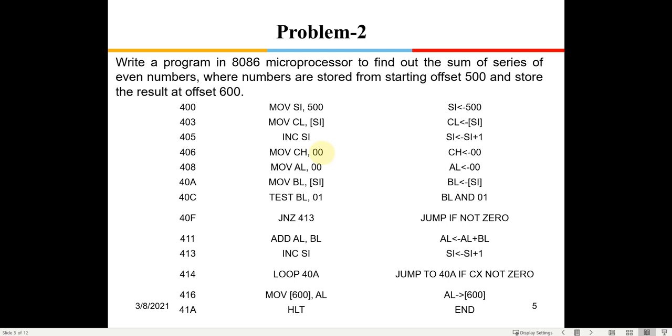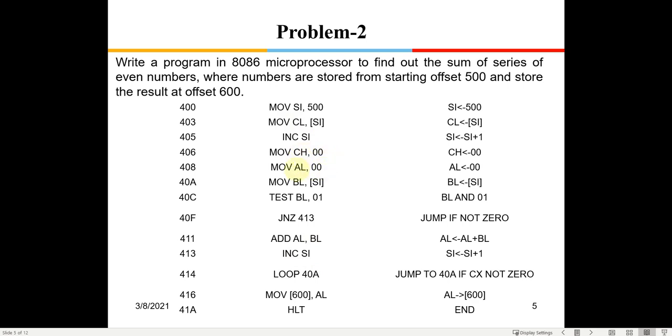Because if there is some spurious data available in CH, then the loop will not come out of the loop once CL is 0, because it will wait for CH also to go to 0. So it is very important that we initialize CH also with 00 whenever we are using a loop command, and we are putting the counter value into CL. Okay, so CH has been put 0.